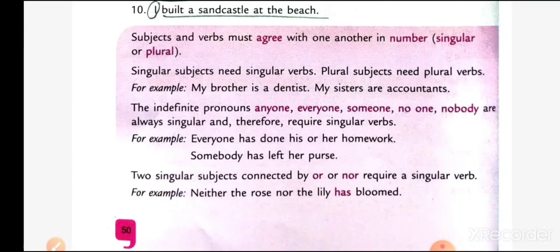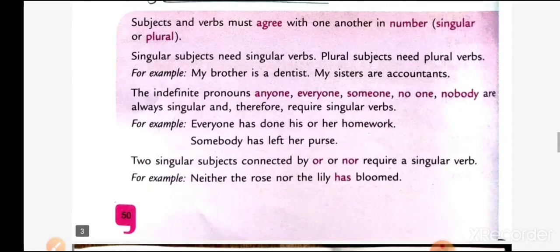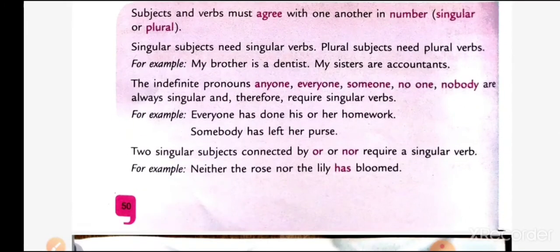Subjects and verbs must agree with one another in number, singular or plural. Singular subjects need singular verbs. Plural subjects need plural verbs. For example, my brother is a dentist. My sisters are accountants. The indefinite pronouns anyone, everyone, someone, no one, nobody are always singular and therefore